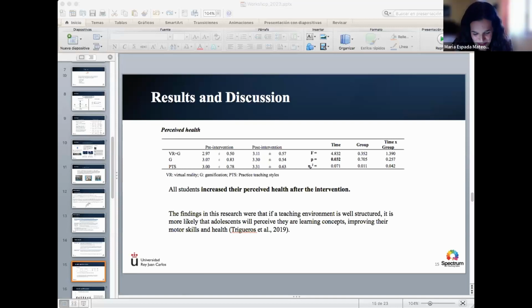Okay, thank you for your question. So your question is regarding only the perceived health, why we analyze this variable? Yes. Because we thought that maybe